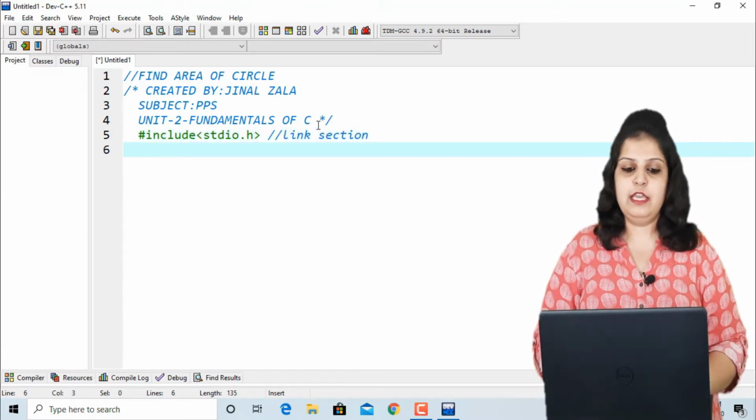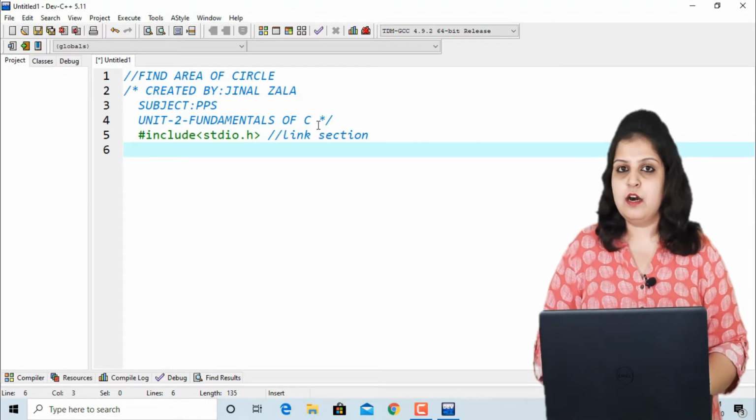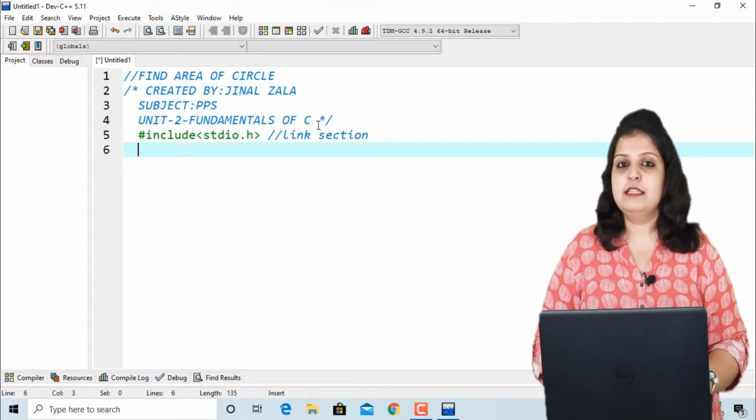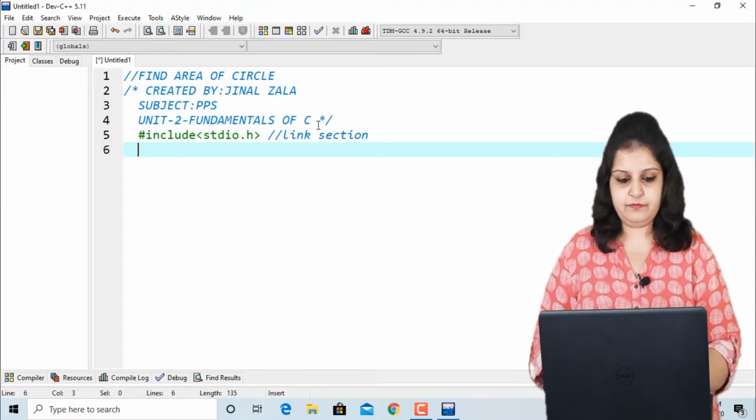Now here for the area of a circle, our formula is pi r square, and the value of pi is constant. So we can define a symbolic constant in our definition section, that is after the link section. So how can we write it?